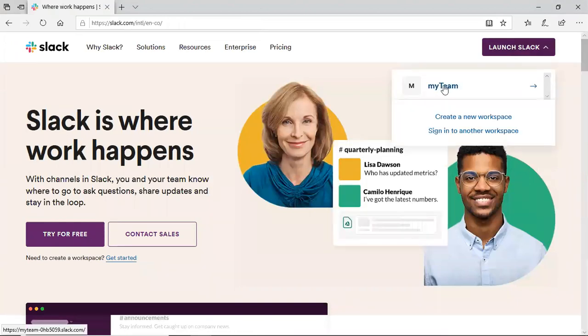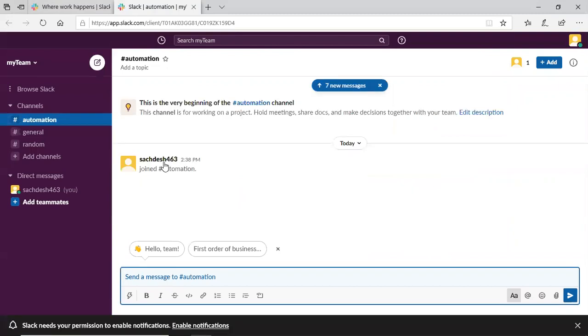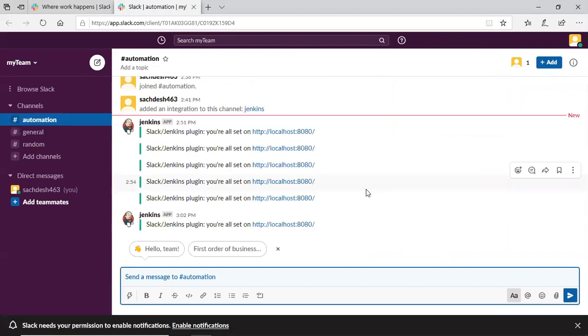This is our workspace. Click on your workspace. And here you go.